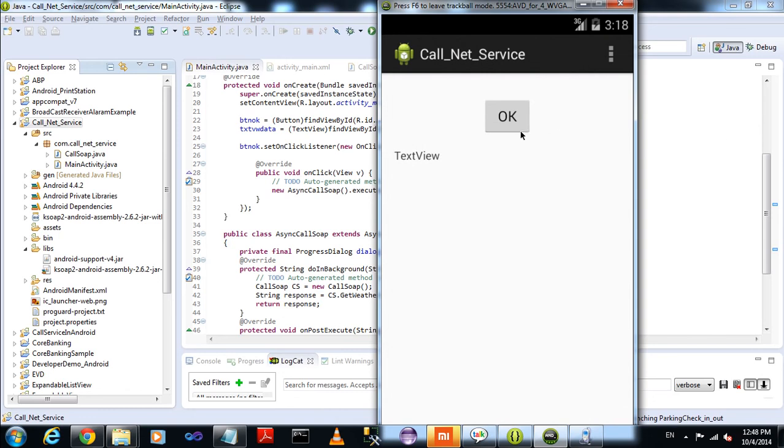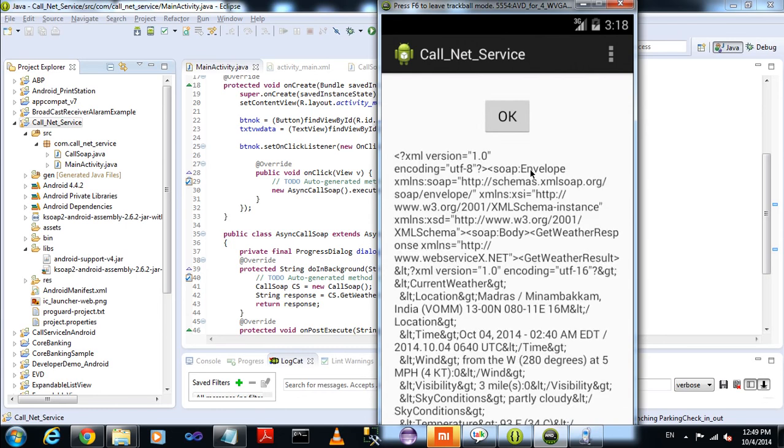Now just click on the button. This is your output, in XML format. This is the location, Madras, and the current weather in XML format. So this is the output of your SOAP service.